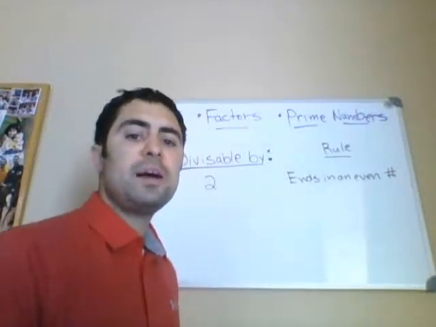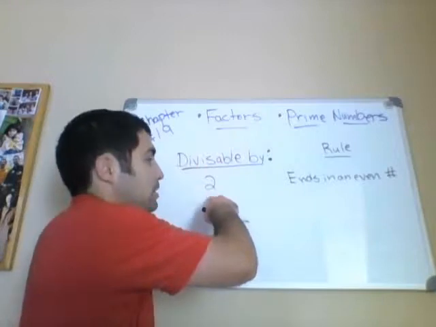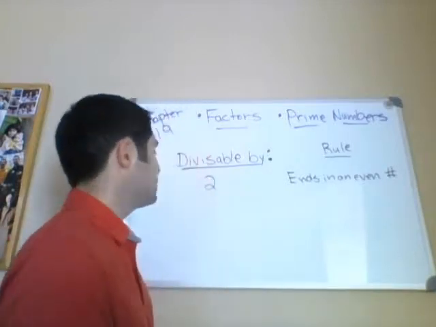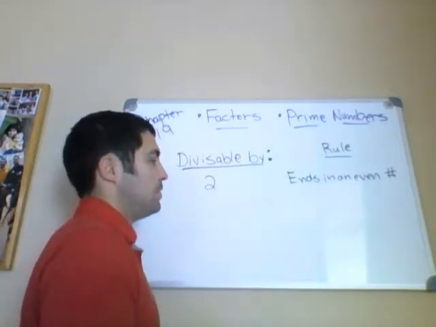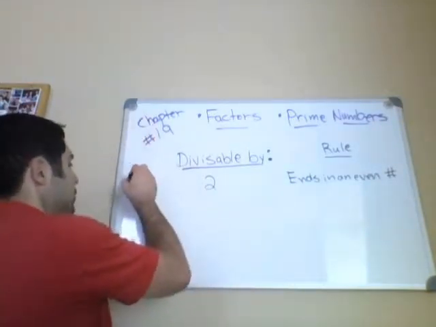Alright, so let's talk about some divisibility rules. Is a number divisible by 2? And we can tell if a number is divisible by 2 if the number ends in an even number. So here's an example. So if you have